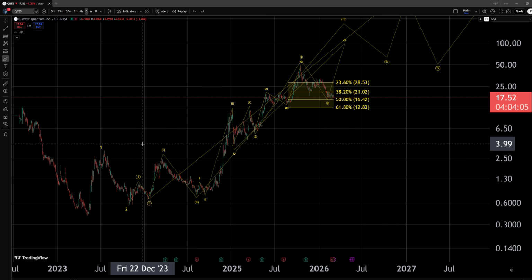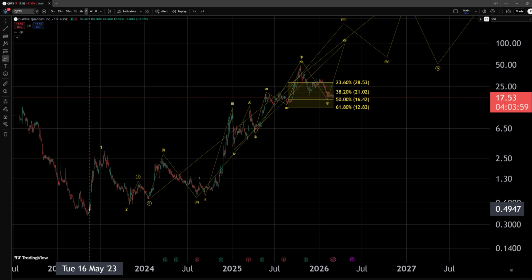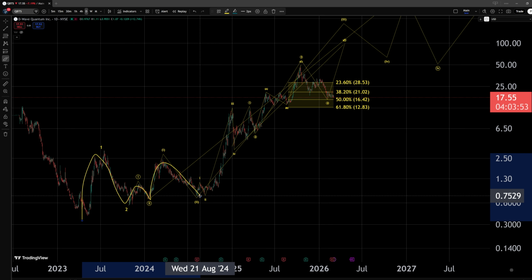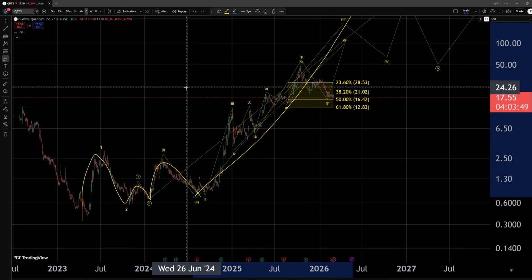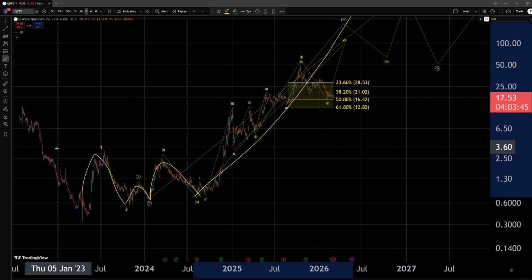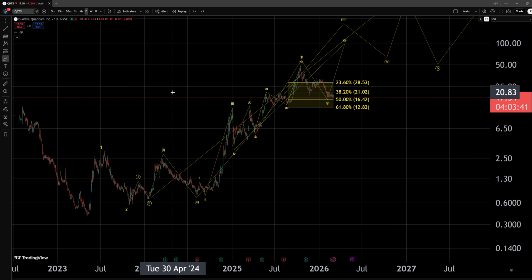But let's go through this large time frame to provide the context for everyone first. So we are looking at a large impulse to be in formation where this could work out as a series of 1-2 setups even, and then this would be our larger wave 3 to the upside. And of course, as always, this isn't the only possible interpretation, but this certainly is my currently preferred structure to